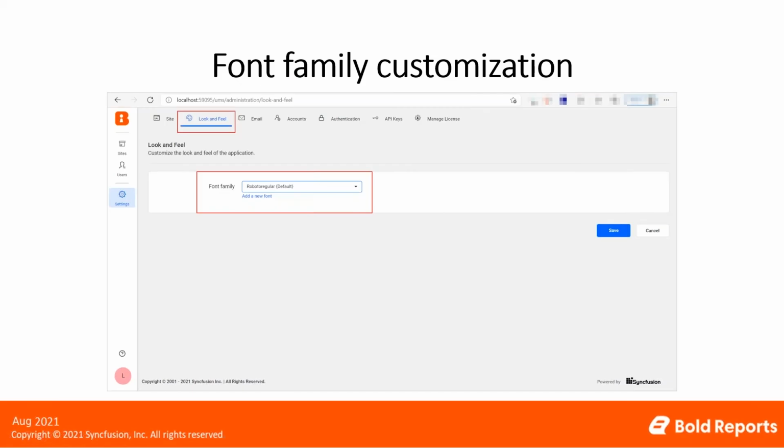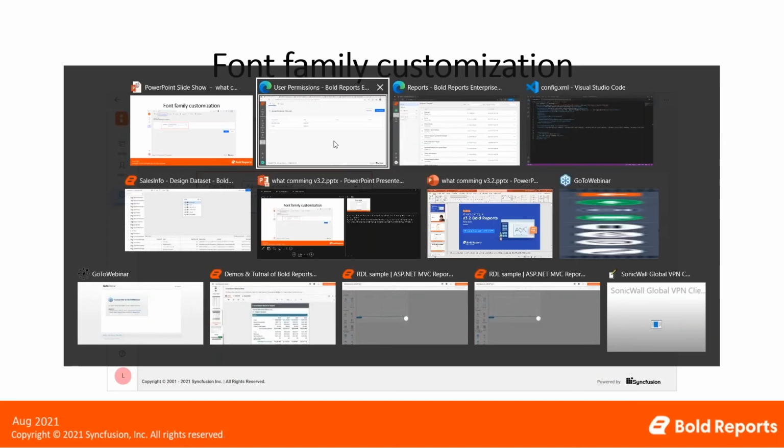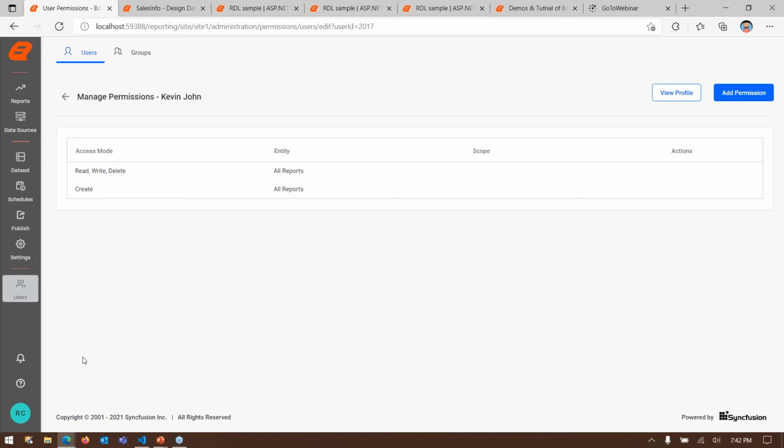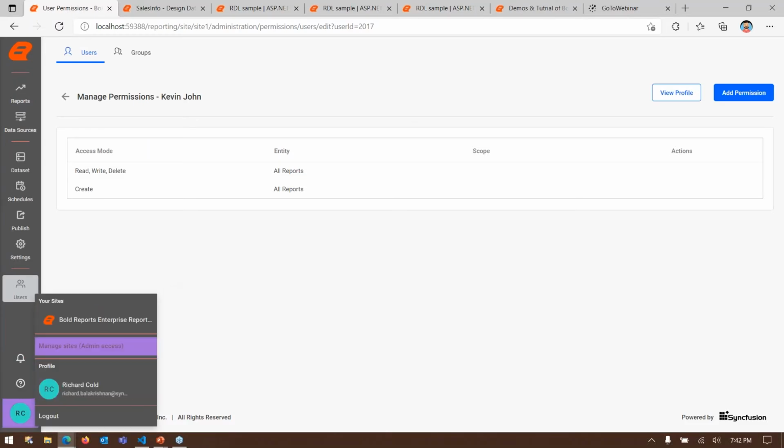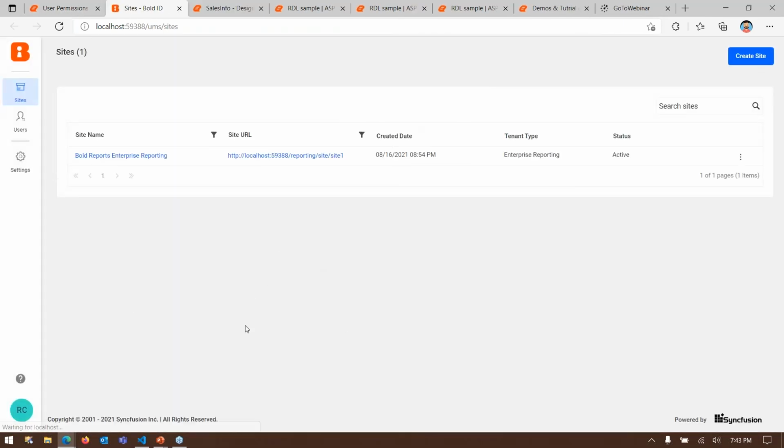Actually, this one is the most exciting one and a requested one also. We have included an option called look and feel under UMS. Let's apply this for the previous scenario also. Consider if an application needs some font color variants, right, font family changes to suit the user application. In such cases, you can use this option. Let me navigate to my reporting server. Let me click on my user profile, and just click on manage site. This will be loading our UMS site.